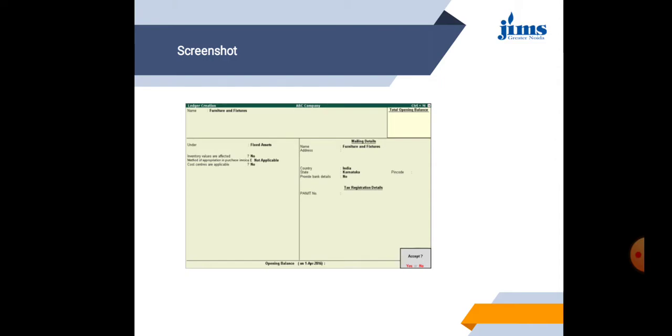From here you can create the assets and liabilities accounts also. It is very important to create ledger for all the items, because in Tally it is not given, we have to create all those things, but features are available and they are easier ones. Okay, this is the screen view of ledger creation of assets and liabilities.